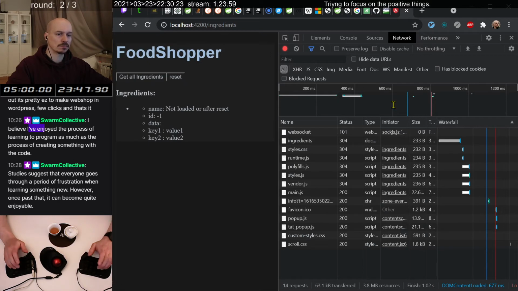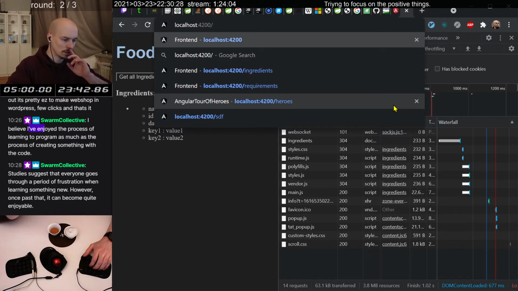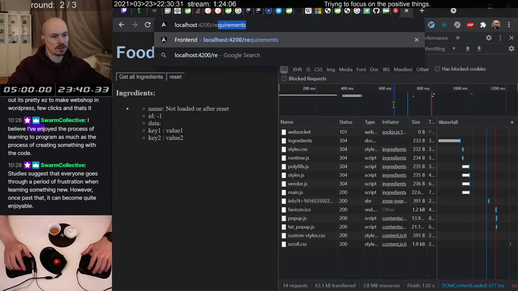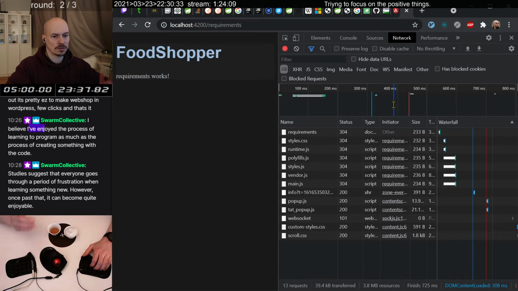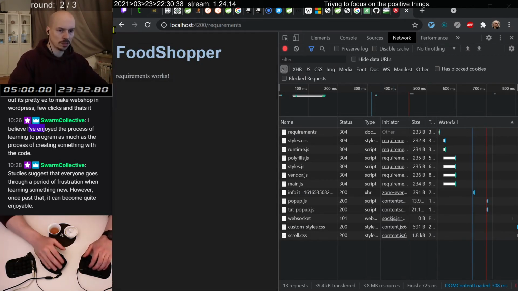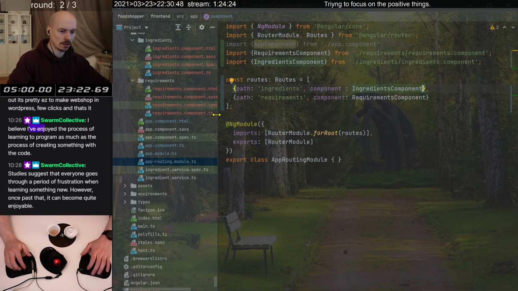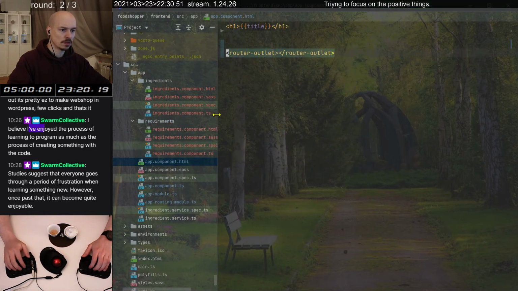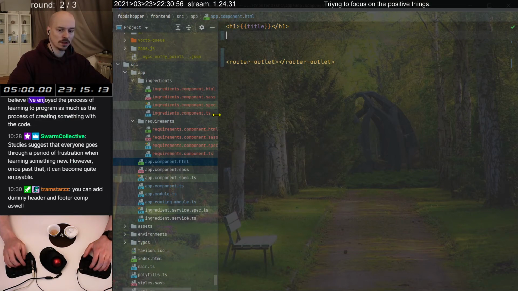Look at that, beautiful. Now if I go here and I say requirements, we have that as well. So and I want two buttons in there. One would be switch to requirements, the other one to the other thing, right? So we go to the HTML component. We will put two buttons. Button